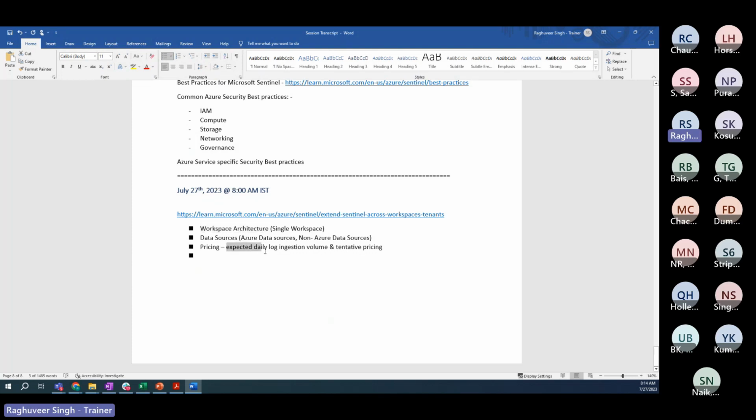And if it requires you to optimize this log ingestion volume, you can also do that without interrupting other businesses, other functions. So we have good clarity here. Data sources, we have clarity. Then we also need to have clarity on